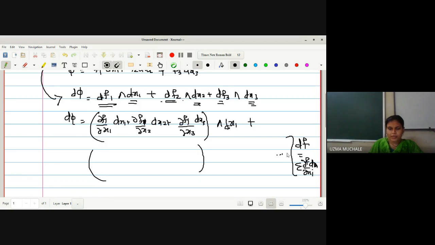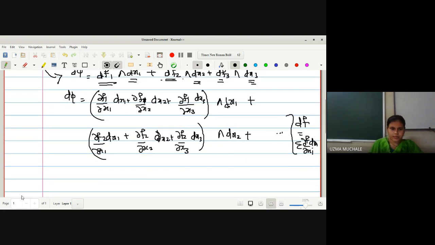Okay, instead of f we have f1, f2 and f3, so that's why I will write down the second one as f2 with respect to x1 dx1 plus f2 with respect to x2 dx2 plus next term is f2 with respect to x3 dx3 wedge product with dx2 plus,